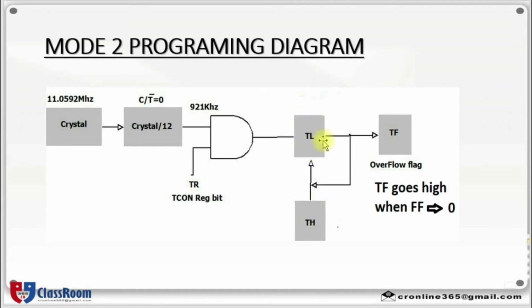After this, we have to start the timer by using the instruction SETB TR0 for timer 0 and SETB TR1 for timer 1. The timer starts counting up. It counts from its initial value until it reaches its final value FFH. Whenever it rolls over from FFH to 00H, the timer flag TF is raised to 1. This diagram explains the Mode 2 programming operation of the timer. Then, the steps to program in Mode 2.